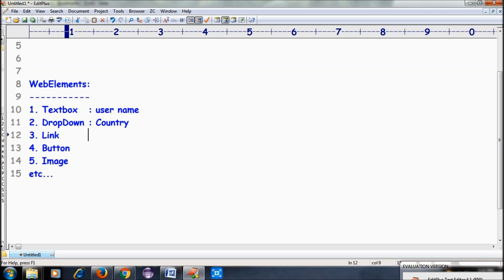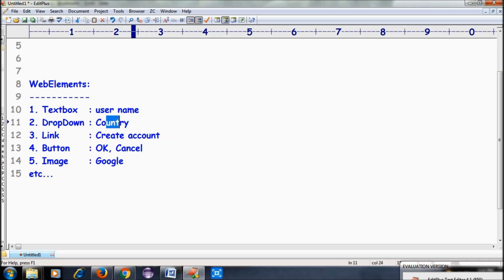A link is anything like create account. A button could be anything like OK, cancel. An image can be anything like the image we see on the Google homepage. So we are separating this: this is a text box, this is a drop down, this is a link, this is a button, this